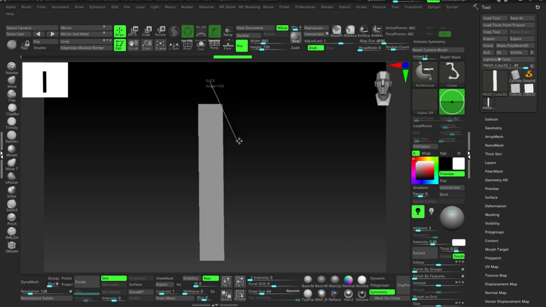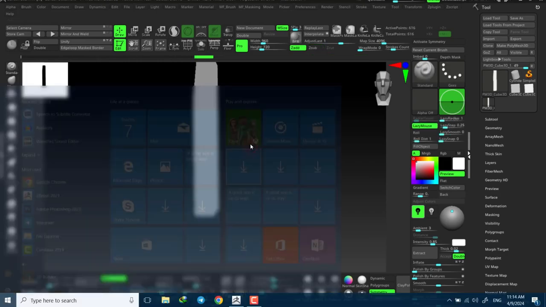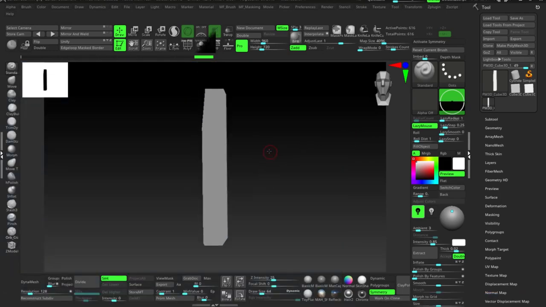Now we can make some cuts in the corner. By holding space, you can move your curve. Okay. Now another one here. Also, sorry, this is good. Now we should trim the corners, but before that we should start to